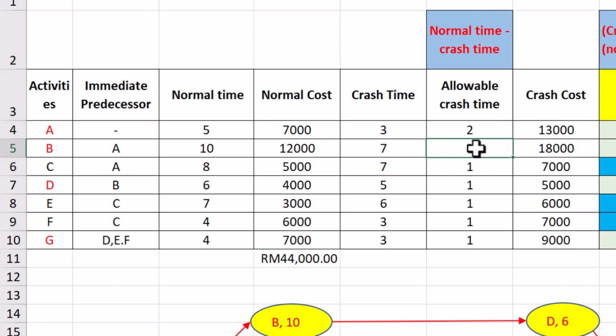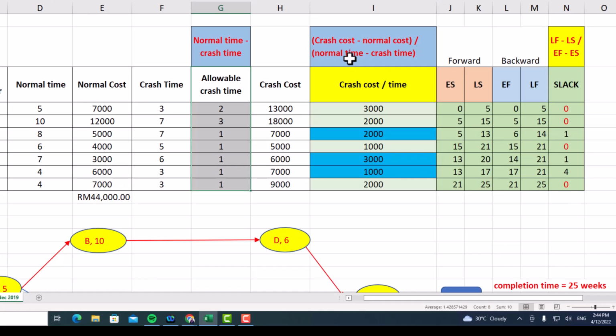Same goes to activity B. You need to minus the normal time minus crash time, then you will get 3 and so on. So these are the allowable crash time for each activity. Now you need to calculate the crash cost. You need to minus the crash cost minus the normal cost. So for example here, to get the crash cost per time, you need to